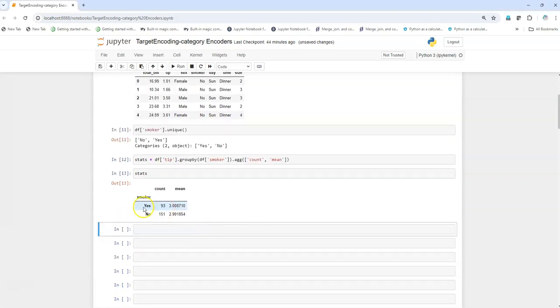So here we see that whenever the smoker is yes, the mean is 3.00, and whenever the smoker value is no, we get mean as 2.99. So this is nothing but the mean of the tip column when the smoker is yes, and this is the mean of the tip column when the smoker is no. So these values will be imputed in place of yes and no in the smoker column, which is going to be the target encoding. So I hope you got the concept,